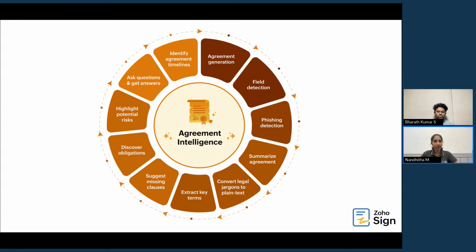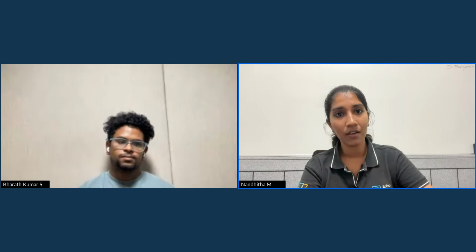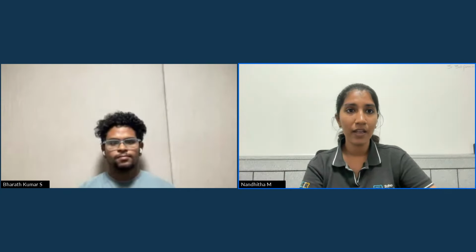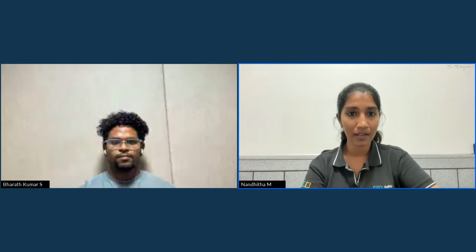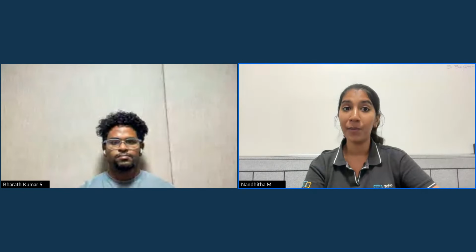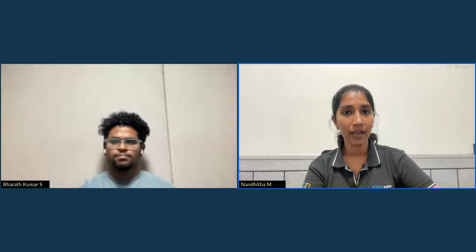And then you can go through with that with any stakeholders involved or your legal counsels, and then take further action. So that helps you to have a better understanding of how to approach a document, which is the point of the entire agreement intelligence cycle to assist you from the point of creating a document to its execution. And every step in the middle is supported through the agreement intelligence features that we currently have. So that's what we wanted to go through in today's live, to go through all of the important updates that we have with regards to AI.